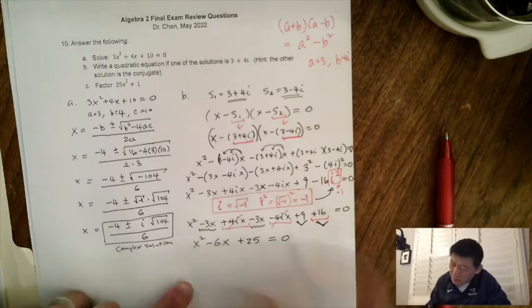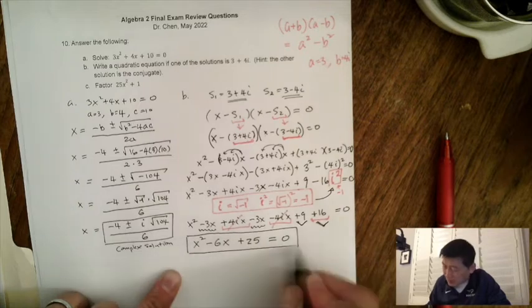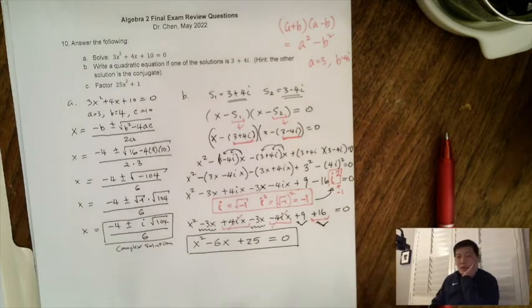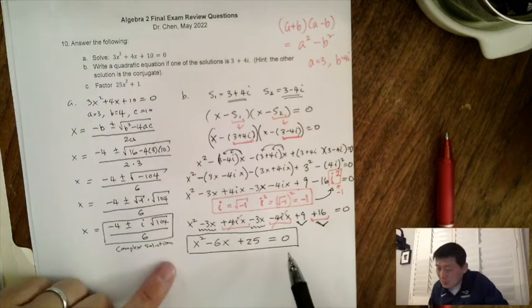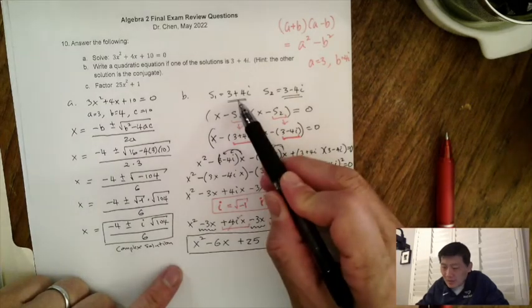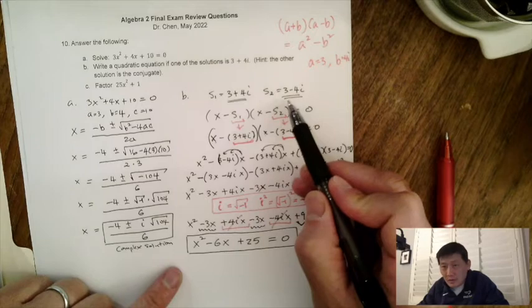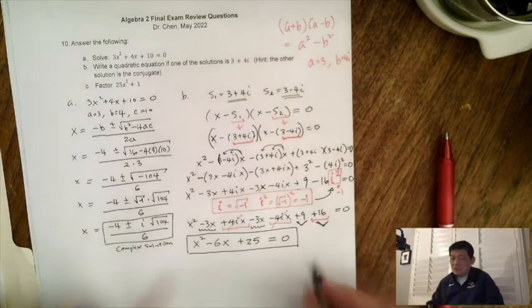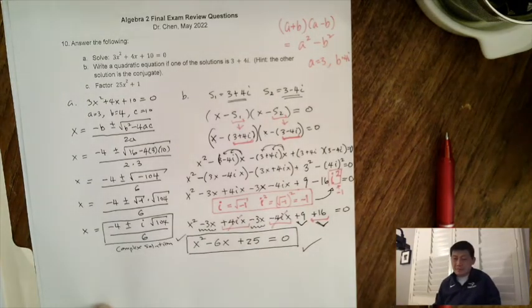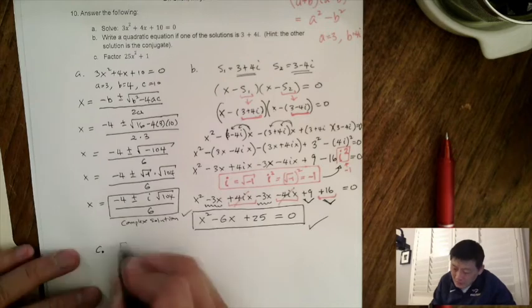And guess what? This is a quadratic equation that would have given you the solution of 3 plus 4i. Oh, and also 3 minus 4i, for that matter. Okay? So there you go. That's part B. And then part C says factor